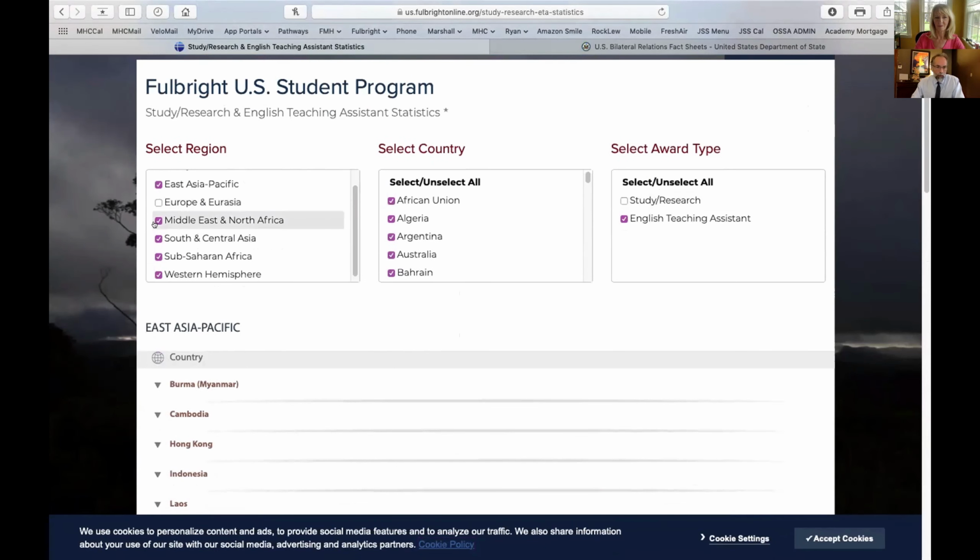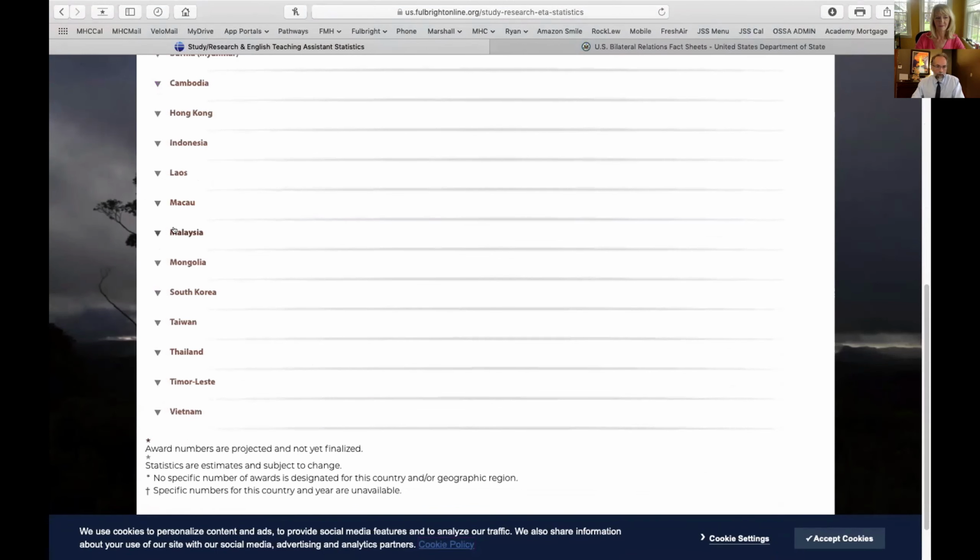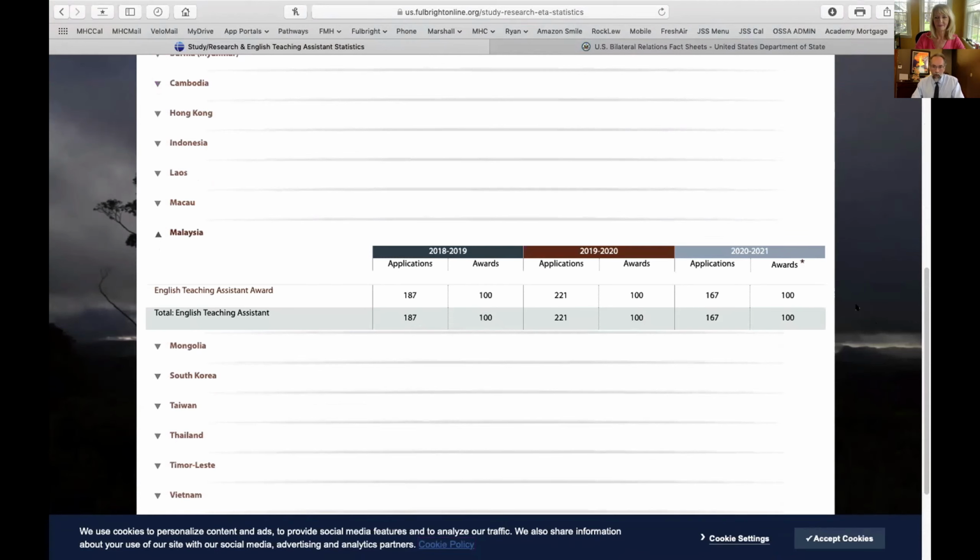So we'll just look real quickly at Malaysia and see what my percentage chance might be. Over the last few years, here you go. Your chances are pretty good. Probably around 50% if we average that out. That's not a bad shot.